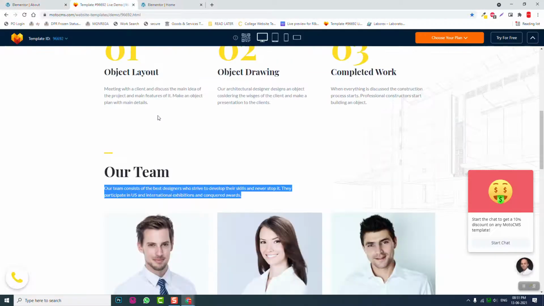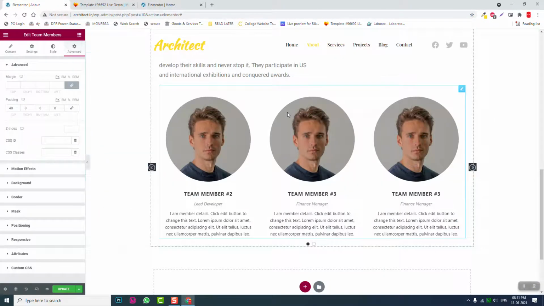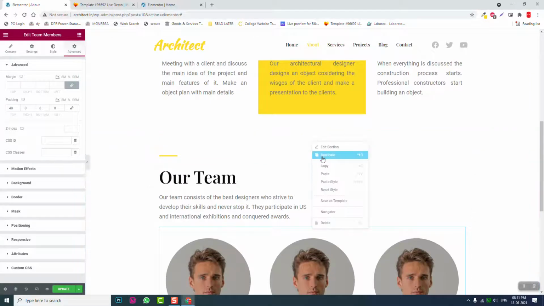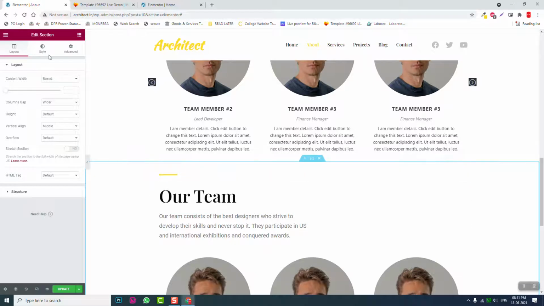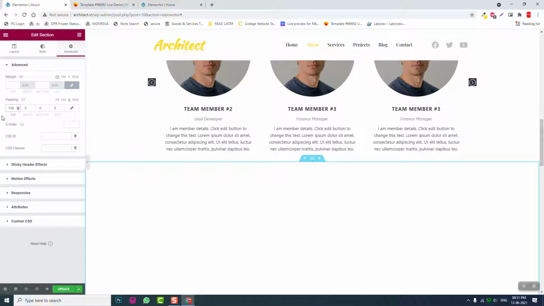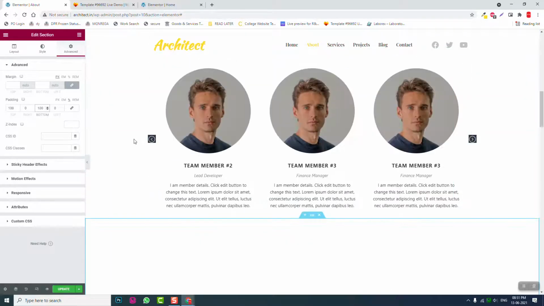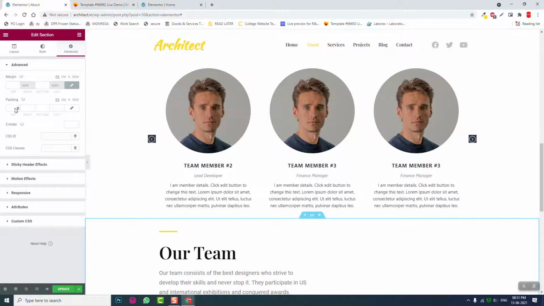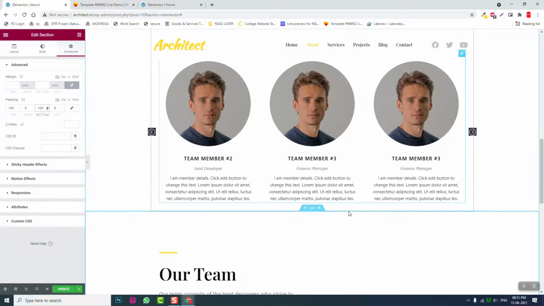Then frequently asked questions. Okay, duplicate this section. Add padding 100 at the top, 100 at the bottom. Oh, what happened? It is percentage. Okay, pixel, it should be pixel. 100 at the top, 100 at the bottom. Okay,